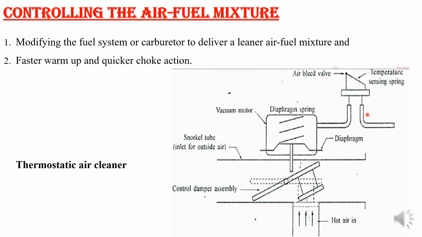before that we will check the air fuel mixture. So the ideal air fuel ratio for your SI engine is 14.7 for complete combustion of fuel. But if the air fuel ratio is lower than that, then it is called a rich mixture, that is, availability of oxygen is less. If it is higher than 14.7, then it is called a lean mixture, that is, availability